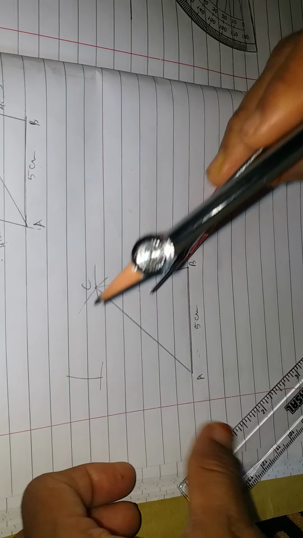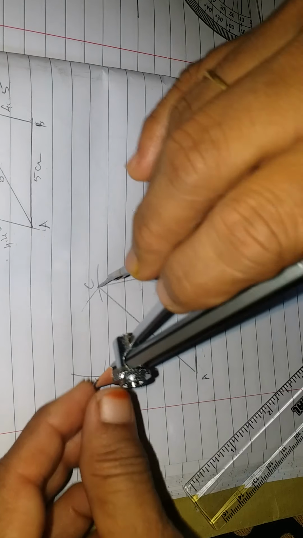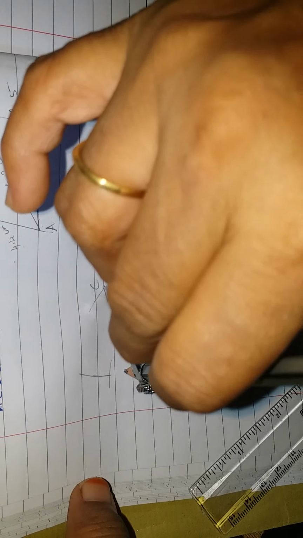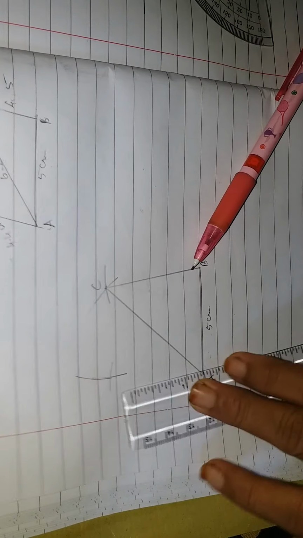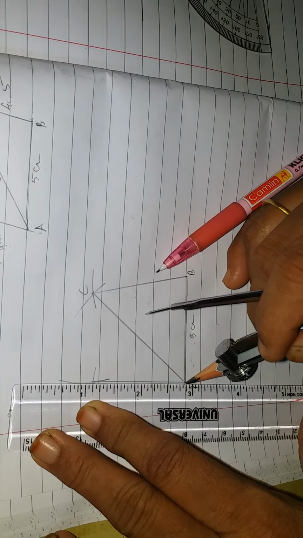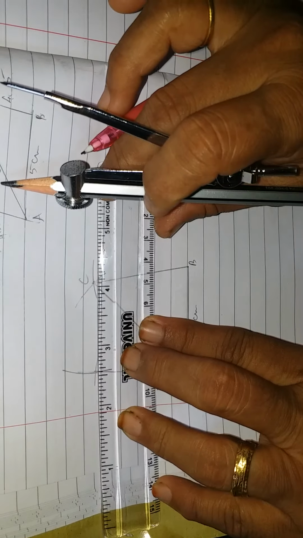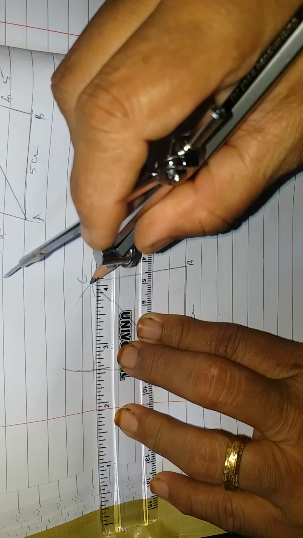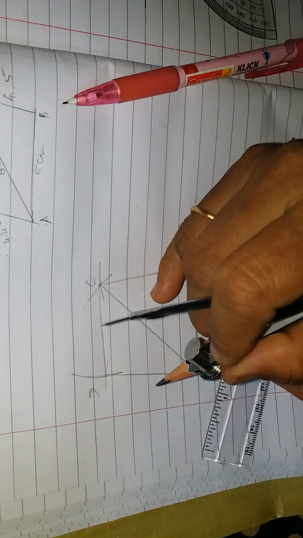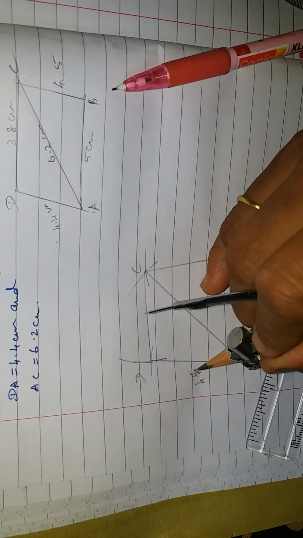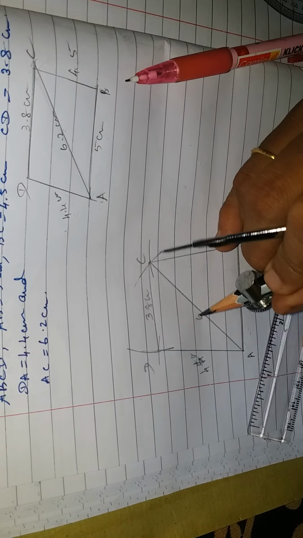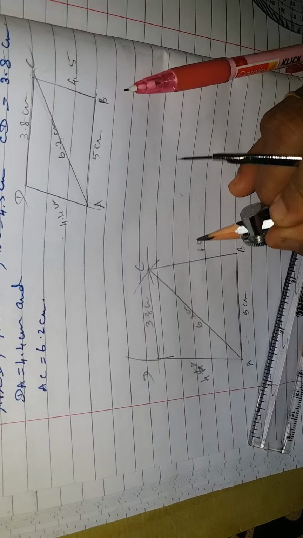Okay, so if the arc is not long enough, you can extend your arc so that you get the point of intersection. Next, you join these 2 points, AD and CD. Now you have got one quadrilateral. See that you draw exactly. Okay, so this is D. Now write your measurements: 4.4 centimeter, 3.8 centimeter, this is 6.2 centimeter and this is 4.5 centimeter.